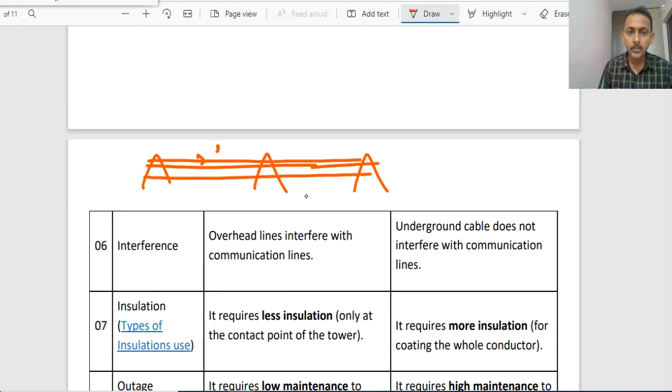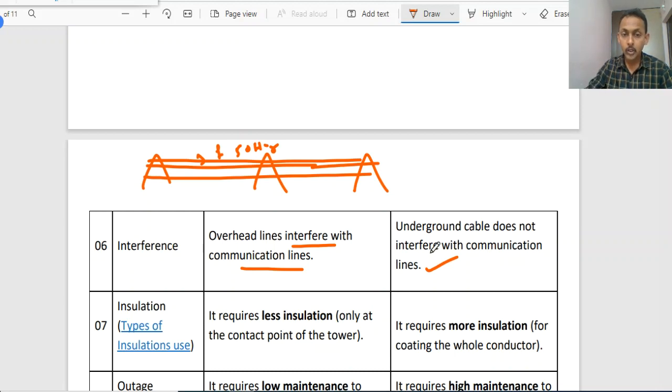Now this power is being sent at a certain frequency, and along with that, some communication signals, telecommunication signals, are going to interfere with this frequency. So in overhead lines there will be an interference problem with the communication lines. If it is underground cable, because they are in the ground, there won't be any interference with the communication lines,